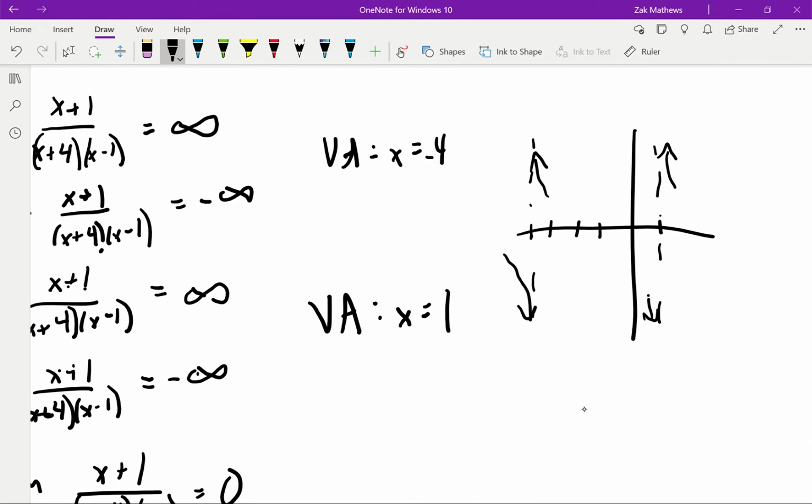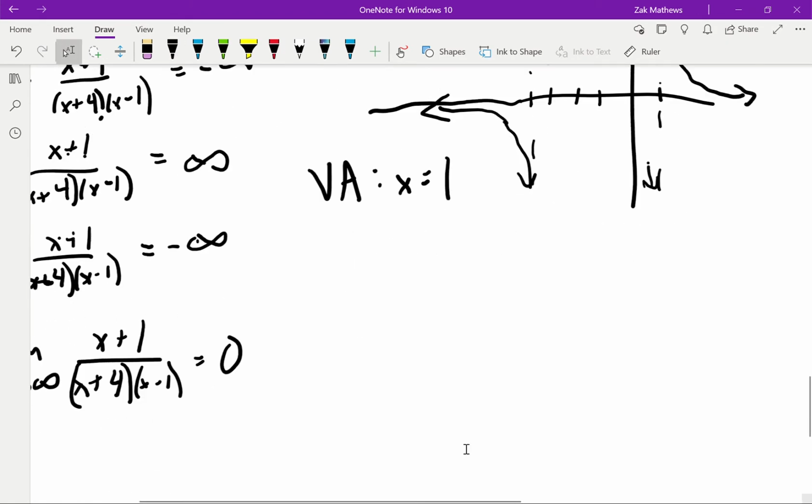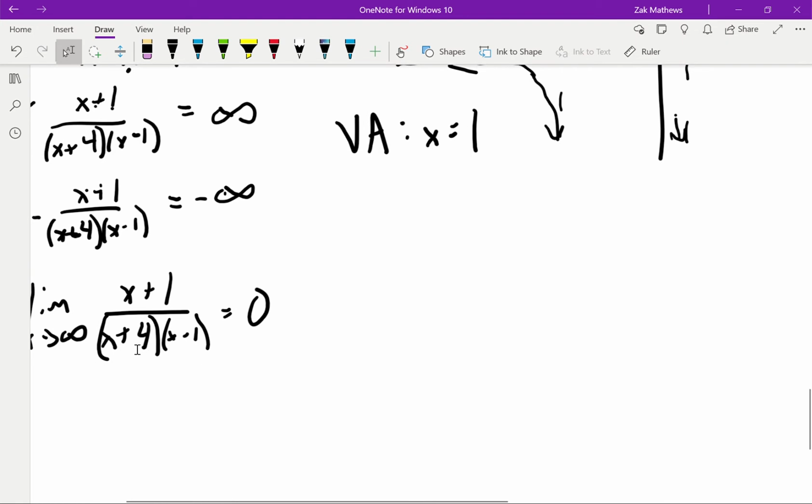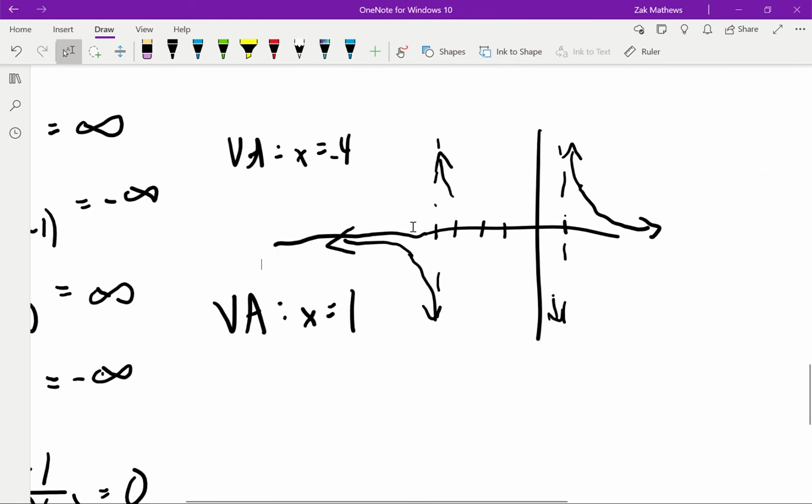And so we know that these outer ones have to be going to 0, because remember rationals, even though we didn't prove it, we didn't find the limit as we go to negative infinity here, the rational functions should be going to the same asymptote on both ends, so it will be going to 0 on both sides. We have the horizontal asymptote at y is equal to 0. But where we would have been a little bit uncertain is in the middle, right? The middle, there's any number of things that could be going on, but we don't have that uncertainty here because we have the ends. We know it has to cross in the middle somewhere, but we can connect it pretty